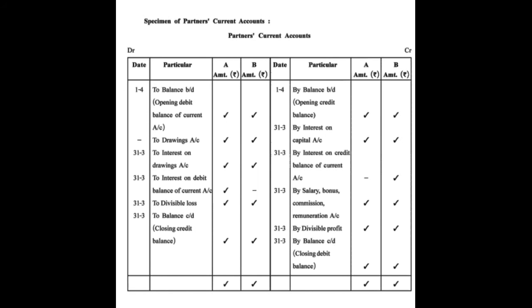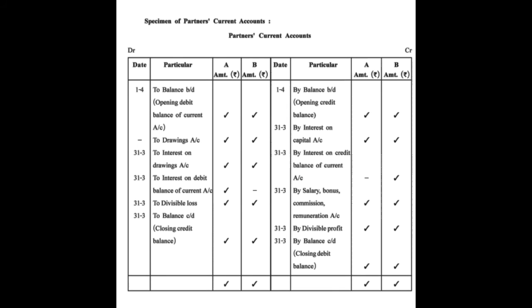Coming to partner's current account. On credit side, basically this account can have both balances. Capital account has basically 99% only credit balance, but current account can have debit balance also, credit balance also. So we'll discuss first the debit side. If the partner is having the debit balance, it will be recorded on the debit side. Then drawings, interest on drawings, and whatever expenses the partner incurs for the business will be recorded on the debit side. If he's having the balance on debit side, he has to pay the interest. He will have to bear the divisible loss, which will be transferred to the debit side.